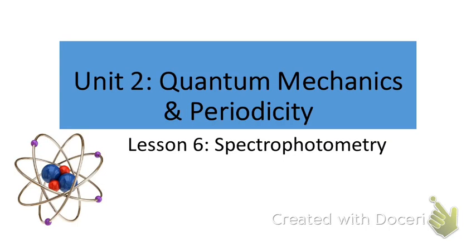Alright, let's do lesson 6, spectrophotometry. Spectrophotometry is a very important analytical technique used in chemistry, biology, and physics. There are lots of applications and importance to spectrophotometry. In this class, we are only going to look at a few of those important applications. Now, in this specific lecture video, we're only going to look at the basic technique of spectrophotometry and a few